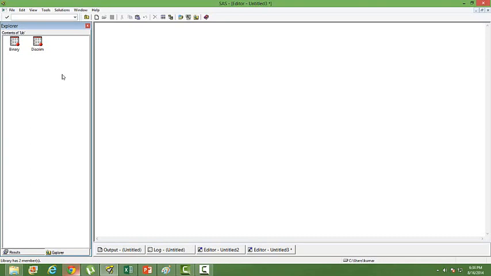That path is nothing but one of the locations in your own system. Of course, if you have a server in place, you can also mention the path to the server. So that's about library. We will learn in the next session how to define a permanent library.